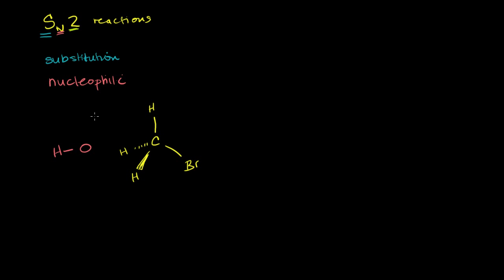You can imagine that the way that you get a hydroxide is if you start off with water. If you start off with water that looks like this, and maybe there's another water someplace else that looks like that. And maybe in one step, this water right here takes this guy's hydrogen. Remember, there's a partially positive charge on the hydrogen, partially negative charge on the oxygen. So maybe he gives